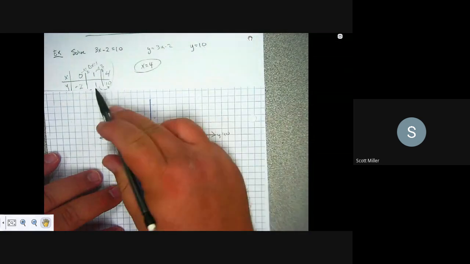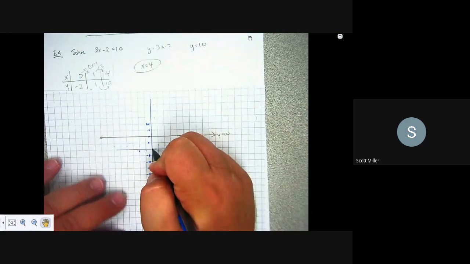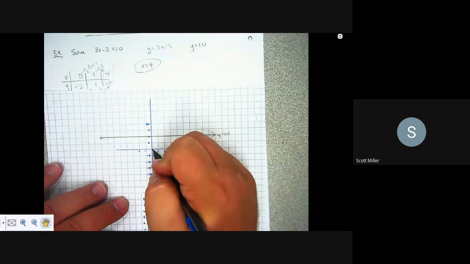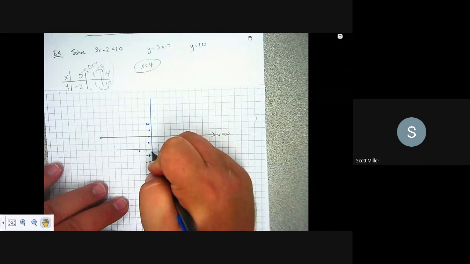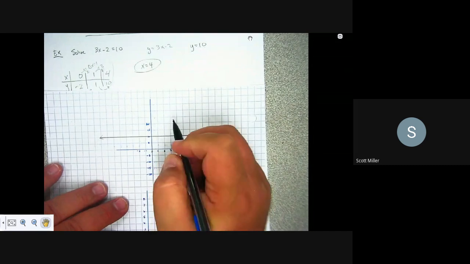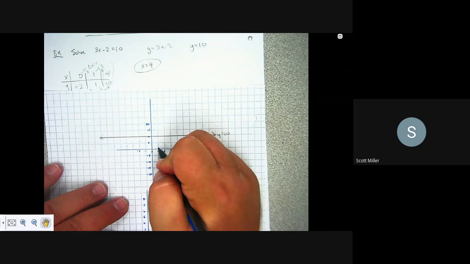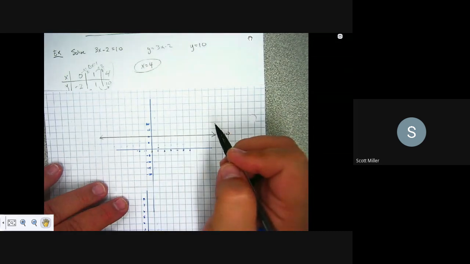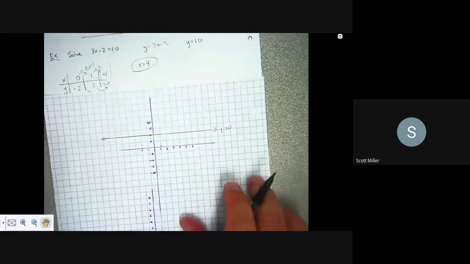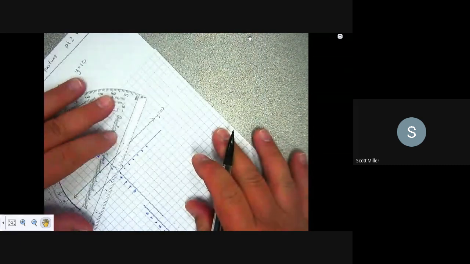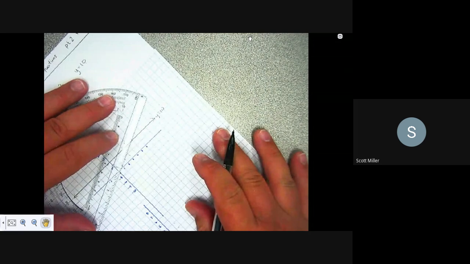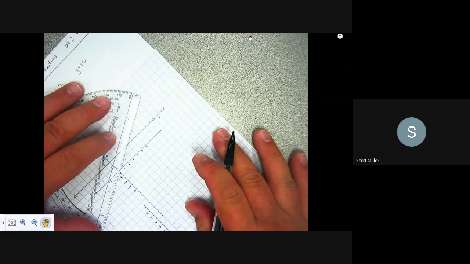So we have our table here. 0, -2, which is right about here. And then we have the point 1, 1, which is right about here. A little bit harder to do this because of the scaling. Okay, but if we draw this out, it should still work. If I have everything lined up better,